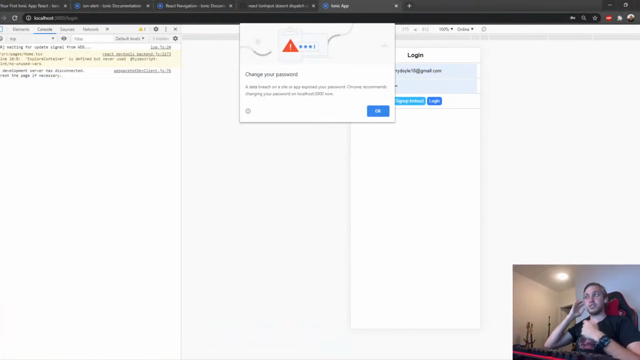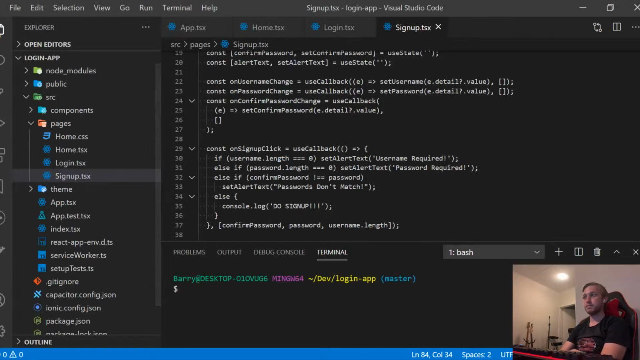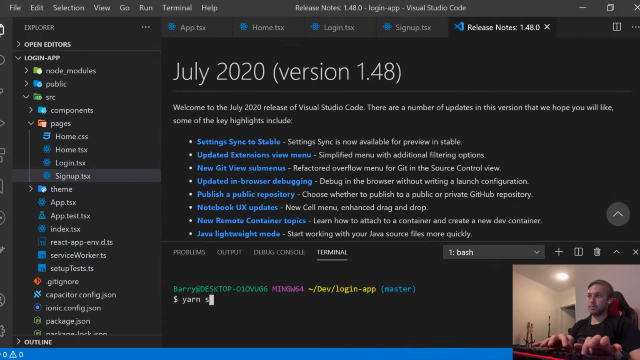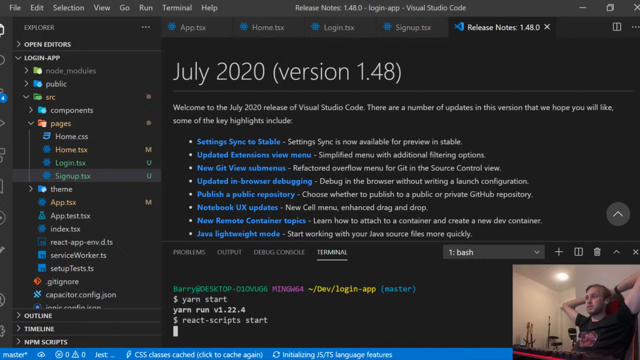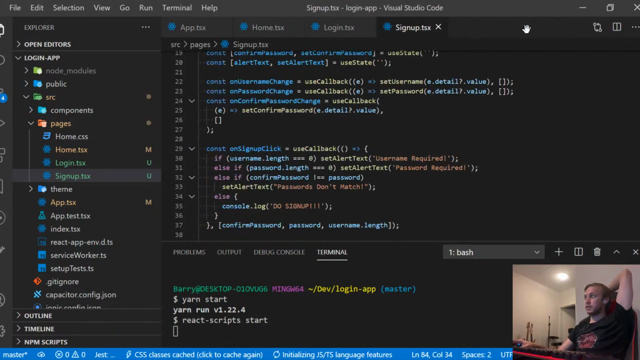Let me restart Visual Studio Code because it is newly updated. Shouldn't break all my stuff, hopefully. We have to rerun our app and other stuff. What's new in version 1.48? Who cares? I don't actually care. So,